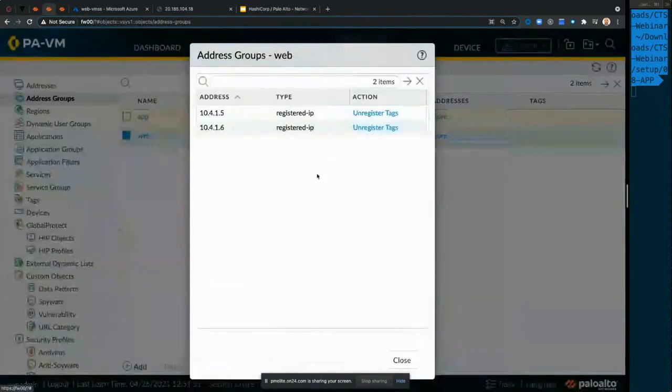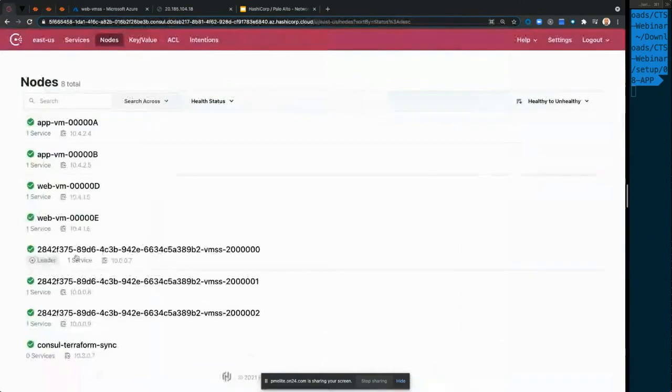The same thing applies for web. You have 2 IP addresses registered, 1.5 and 1.6, which are exactly the same 2 IP addresses you can find here. So this information is pushed from the Consul service catalog through Consul-Terraform-Sync into the Palo Alto firewalls.